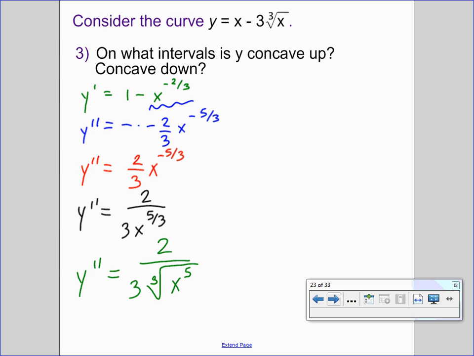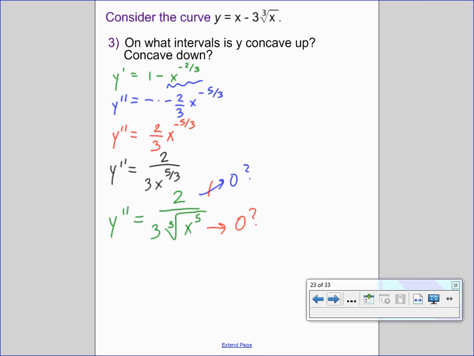Okay, y has possible points of inflection when y double prime equals 0 or is undefined. Will y double prime ever equal 0? No, the only way for a fraction to equal 0 is if the numerator equals 0, and 2 is a positive constant that will never equal 0. So y double prime is never equal to 0. However, y double prime might be undefined. Will that bottom ever equal 0? Yes. For what values of x would the denominator equal 0? 0. So we've got a possible point of inflection